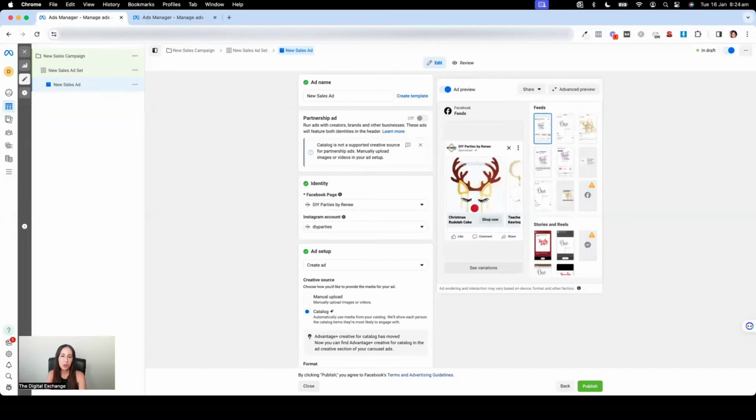Now, these tools have been created to increase your personalization, your productivity, and the performance of your campaigns. And you may not see them in your account yet, but eventually they'll be rolling them out to everybody's accounts. So the 3 tools are the background generation tool, the text variation tool, and the image expansion tool. So let's go through each of those particular features, and I'll show you where to find them within the Ads